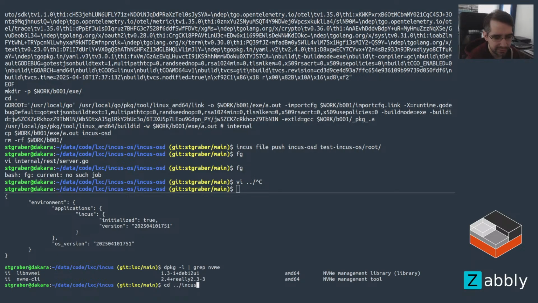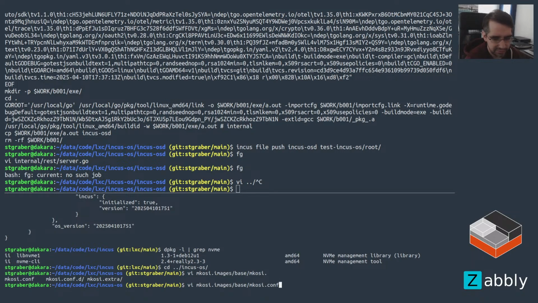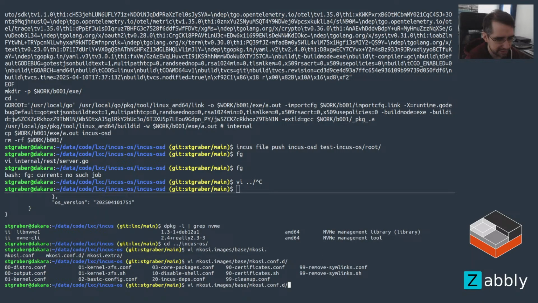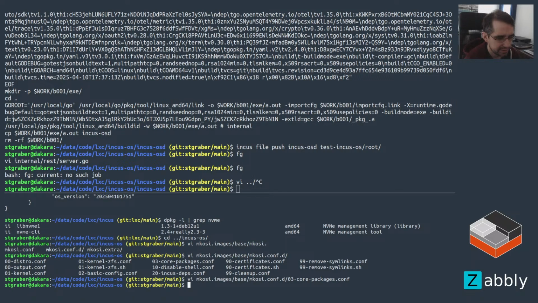So if I go back in IncusOS, let's do, where is that? Make OSI images base, conf.d, there's like a base package stuff somewhere. Core package is 03, okay. All right, so in here, we're gonna need NVMe CLI. Okay, and